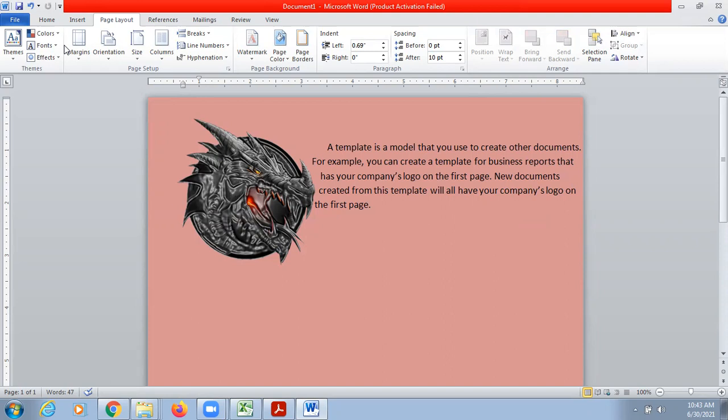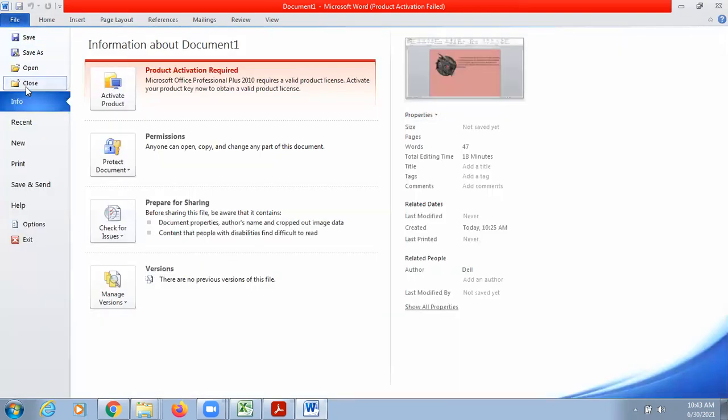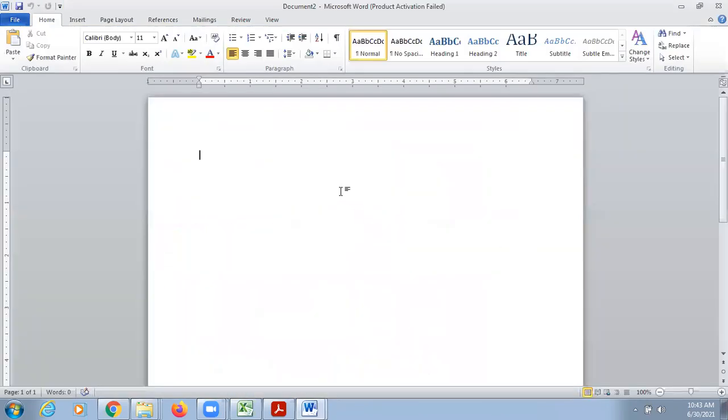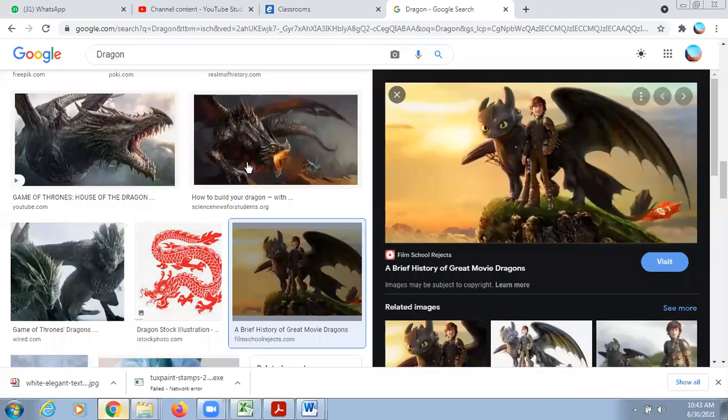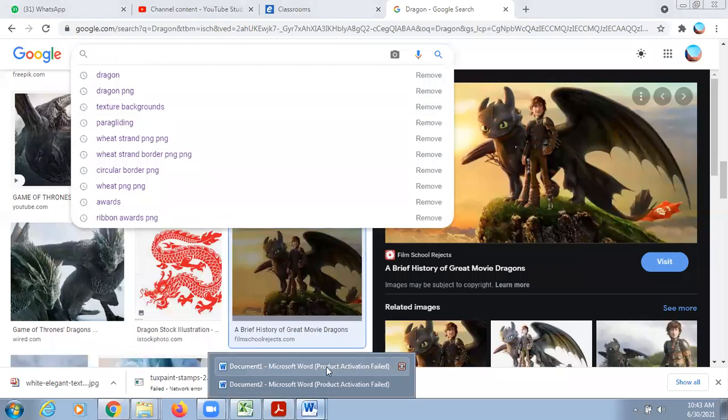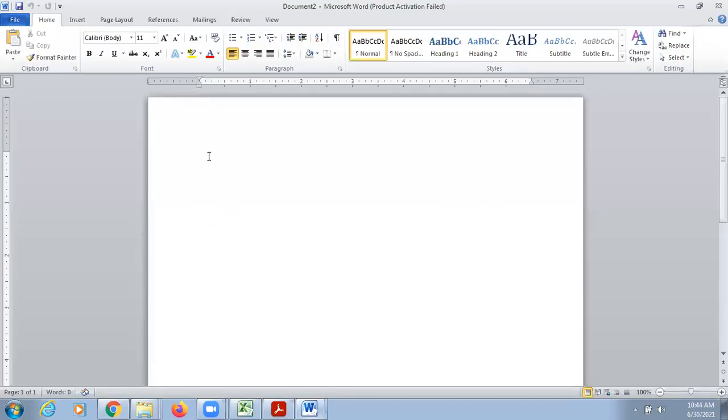So I'm going to take a new file now. Okay, background we already have. We have downloaded the background. So I'm going to place the same background,